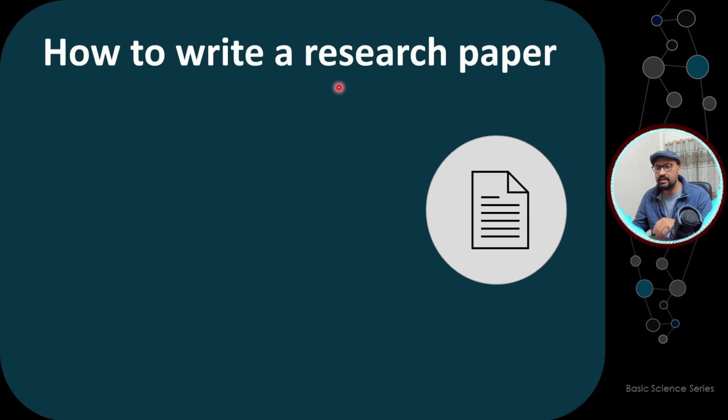Now, starting with the research paper, I've selected the research paper specifically here. You can have different types of publications. We all know you can write research papers and review articles, right? So we'll focus on the research paper. And why you write a research paper is also a very important question, because when you're doing a scientific study, you need to write that in a formal way where people can actually read that article, and it should have separate sections and a specific format.